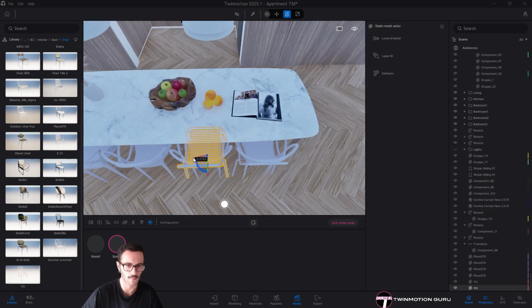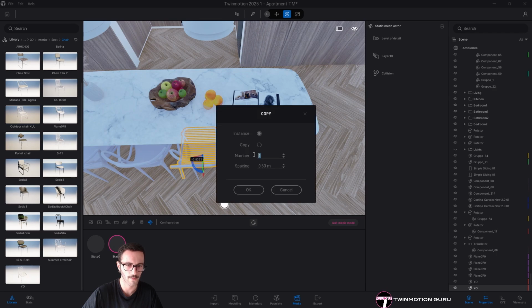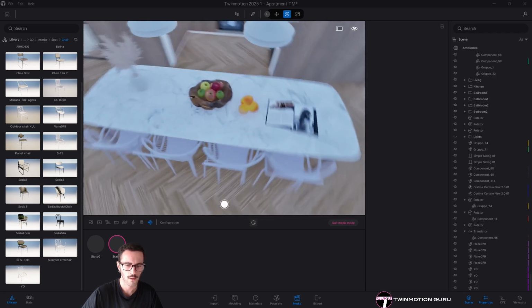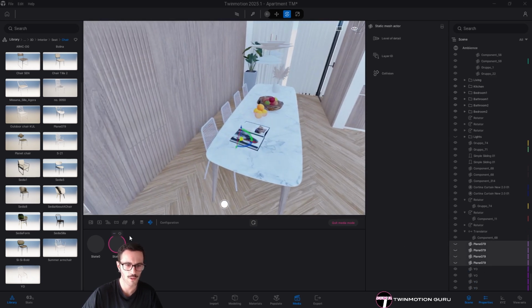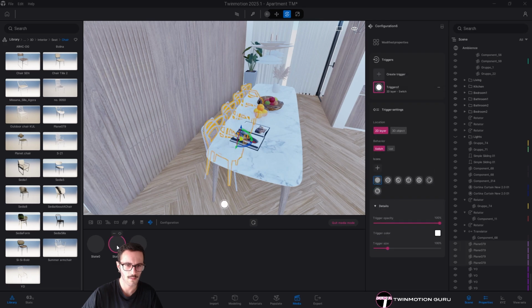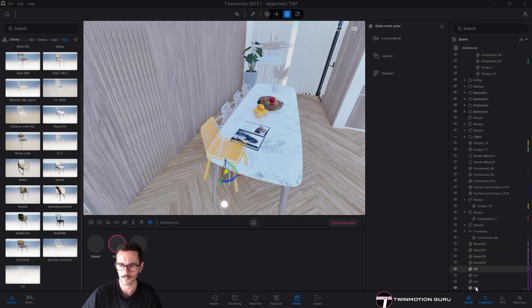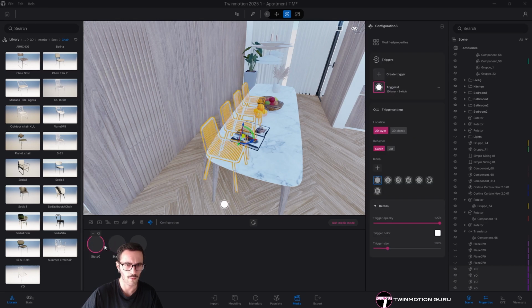Yeah, you can, of course, select what you prefer. It doesn't care. So we are just hiding these chairs to have only this one. So maybe for this particular one I have to hide them, and then of course update the state. The same thing applies here. And from now on we have 3 different configurations.